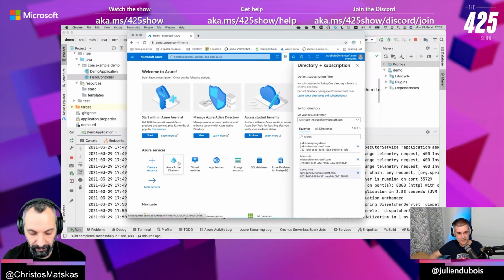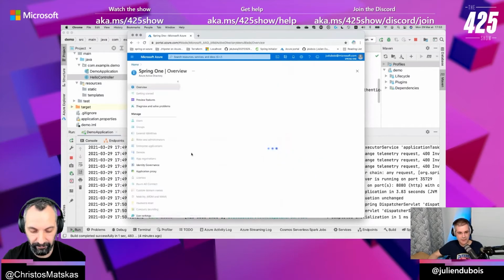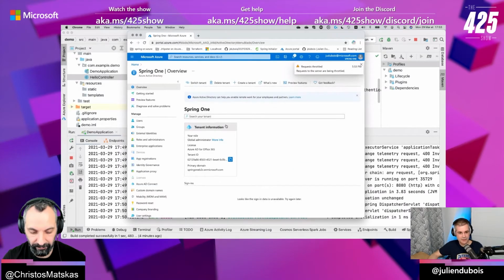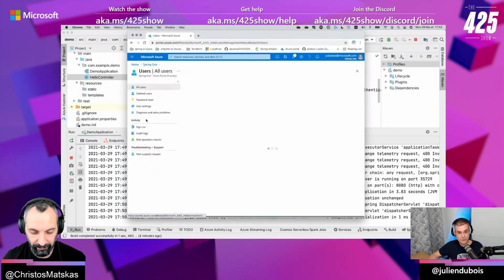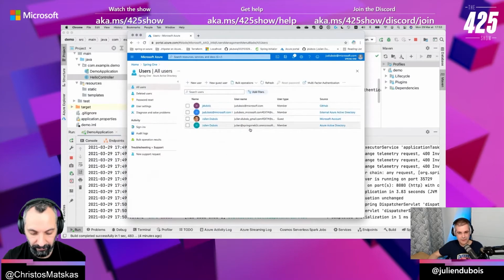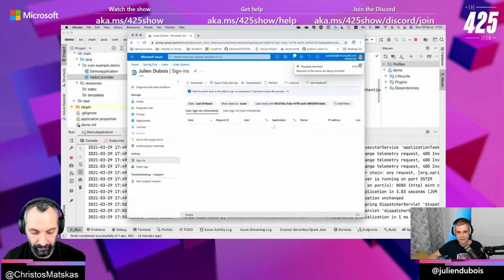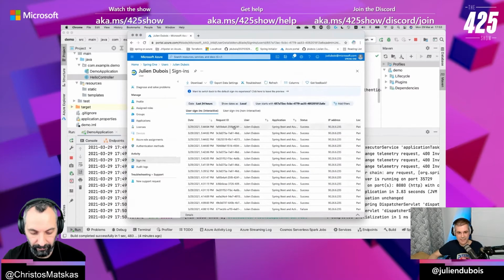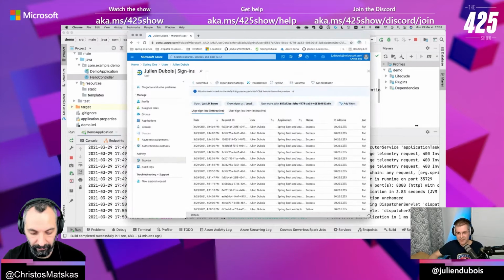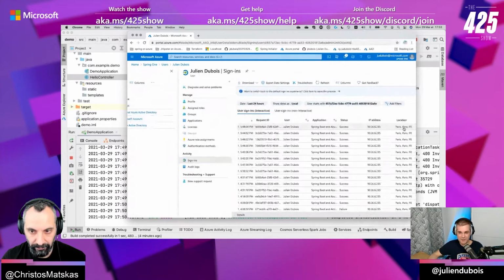And if I go there, I've got Active Directory. And we can check. So this is a tenant ID that we had to configure earlier. We can have a look at the users. So there should be one user. It's me. As it was this one. We can probably see that I logged in, sign-ins. We can probably see the sign-in I just did. So I had a success at like 10 minutes ago. So that was me, or just when we did the demo. You can even see my IP address, and I'm indeed in Paris.